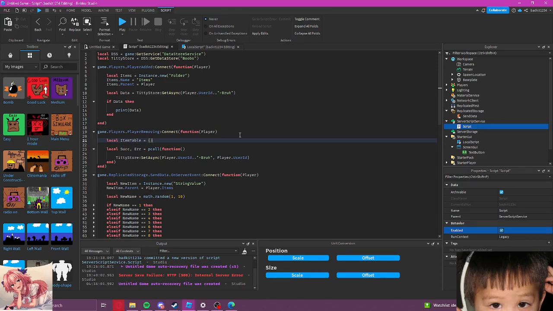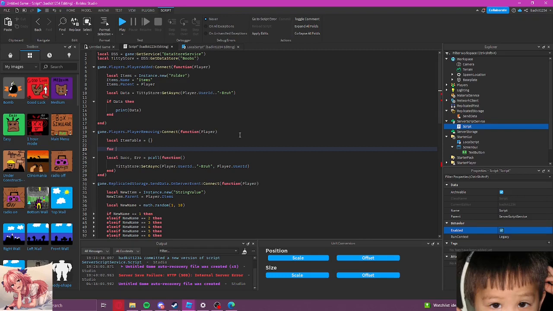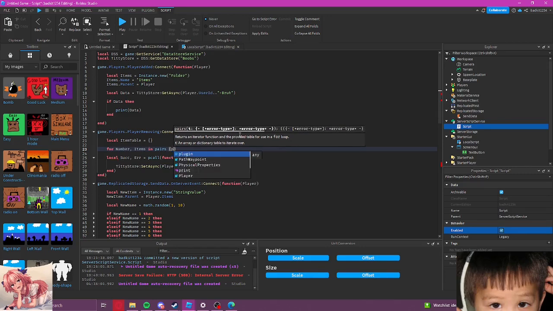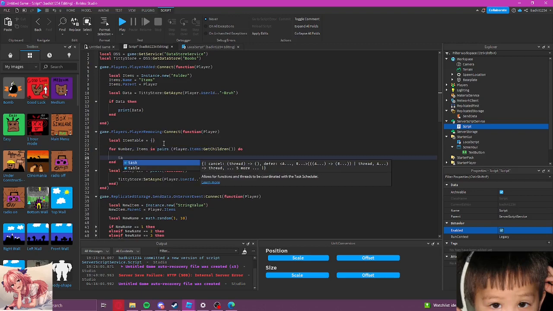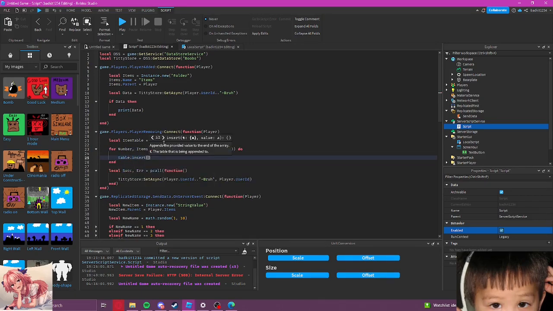And then we're gonna say for number items in pairs, and then we're gonna do player dot items, and then get children, just like that. Table dot insert, and we're gonna say item table, and then this is what we're going to insert. We're obviously gonna do items dot name.